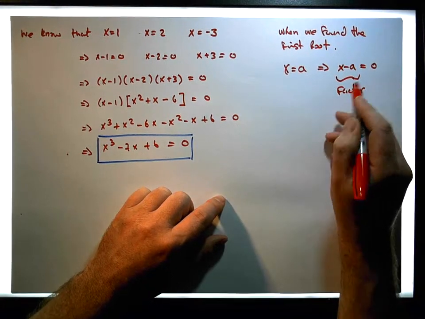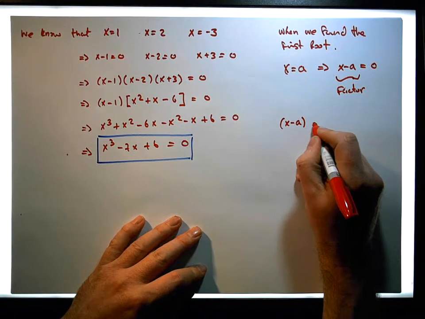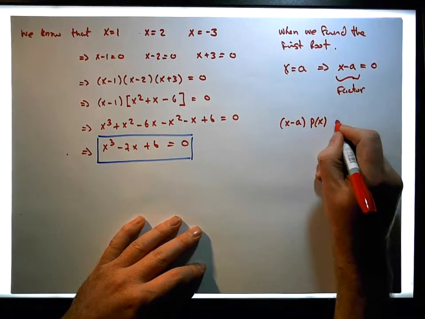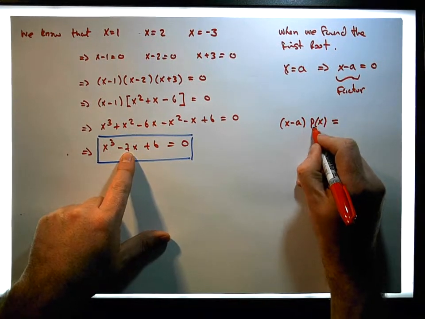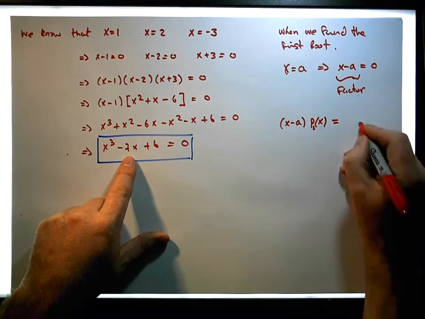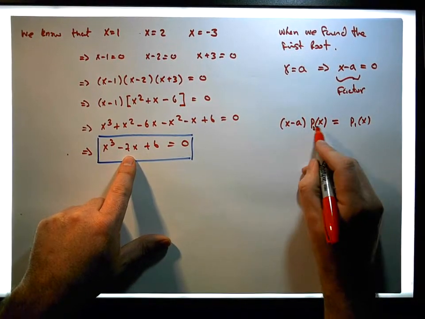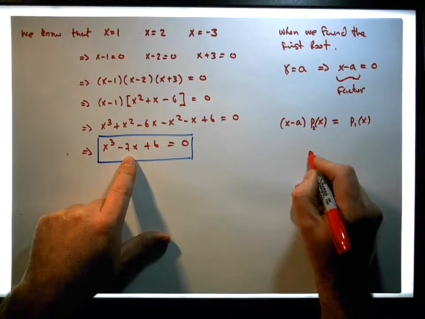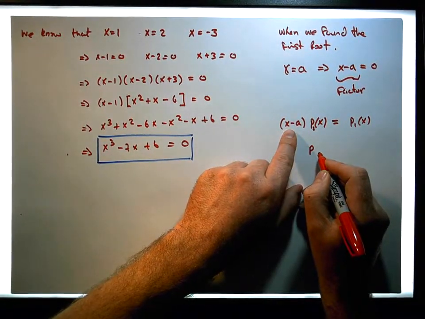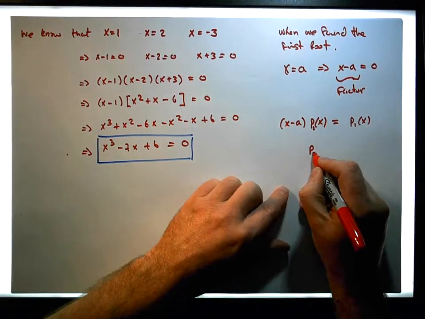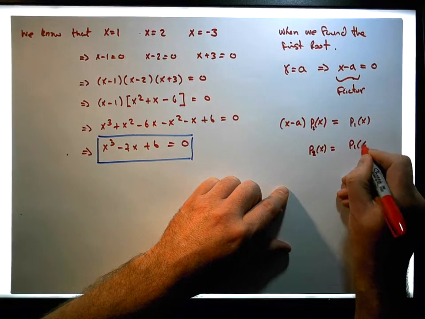So x minus a times some other polynomial, let's say p2 of x, must be equal to p1 of x because it's a factor. Which basically means that we can calculate the rest. We can calculate p2 of x by dividing p1 of x by